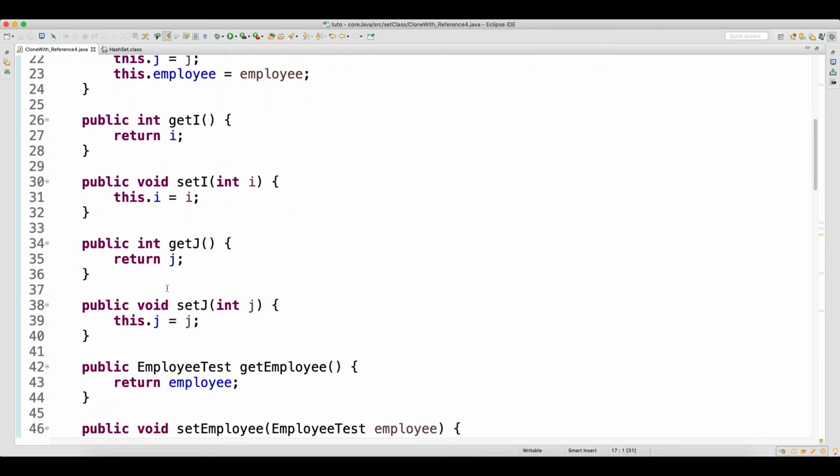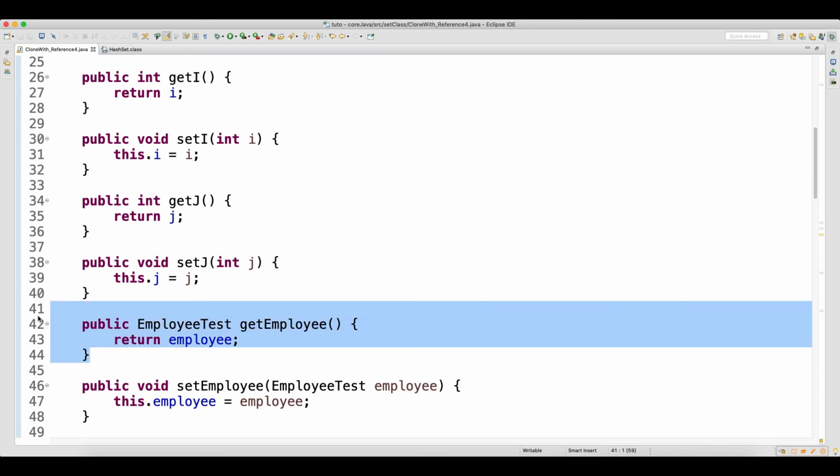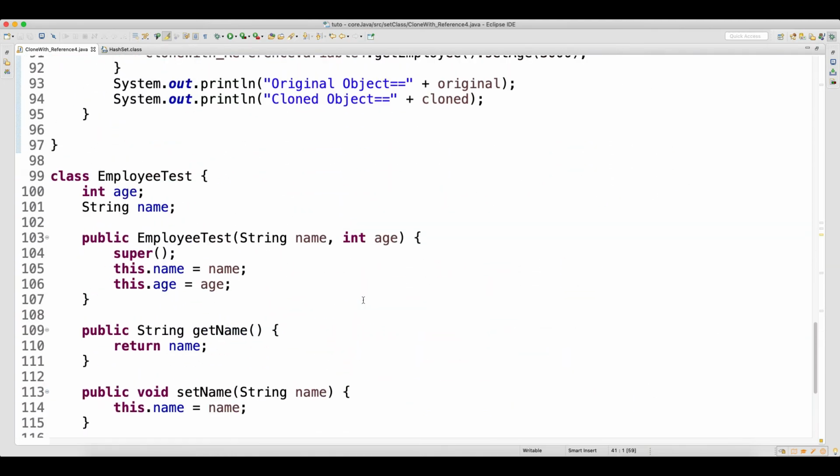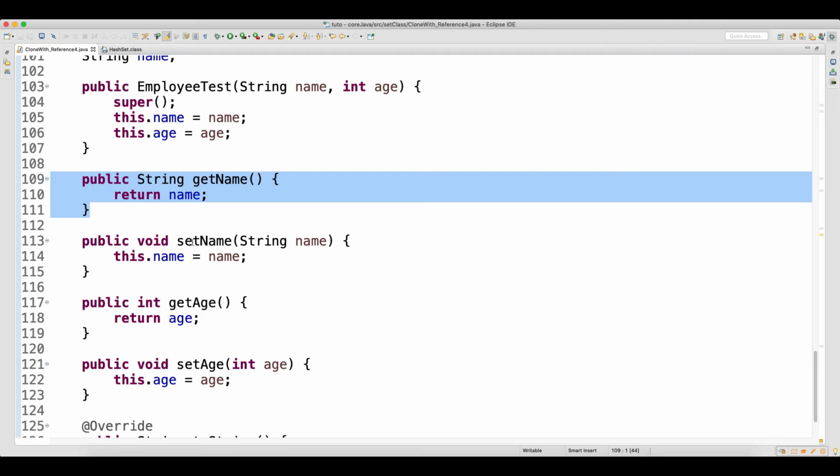So the employee, I'm calling that get employee. Get employee means I will get the object of the employee so that I can perform actions on this employee object. So once I get the object of the employee, I can do get name or set name. It's up to me what I can do, right?